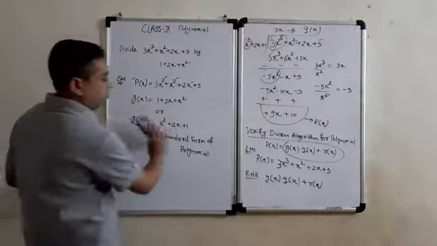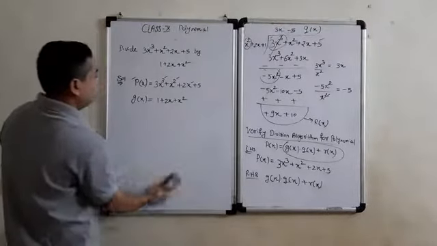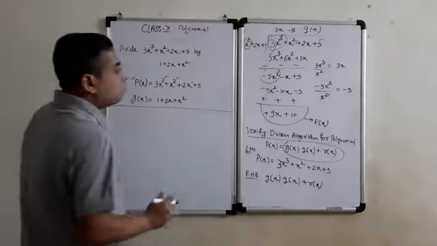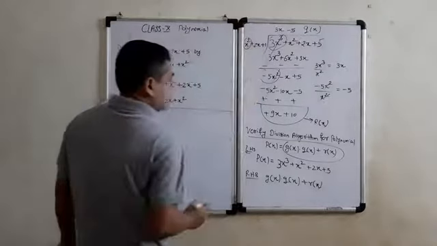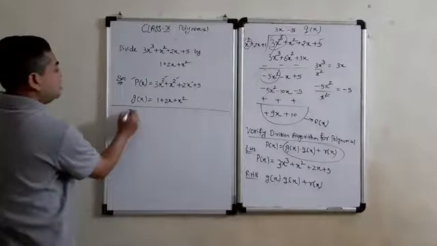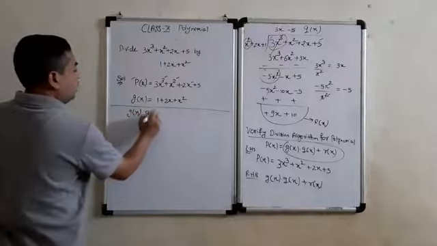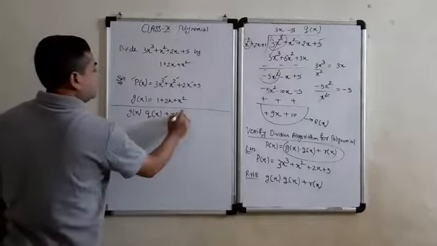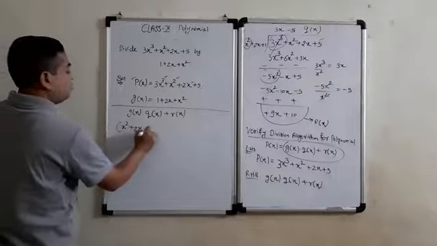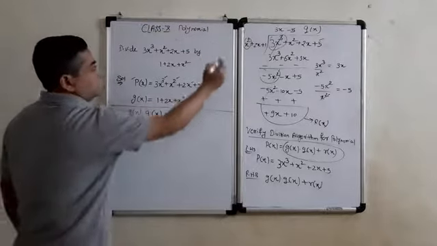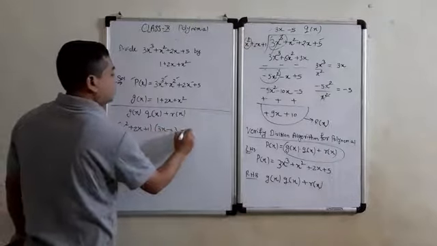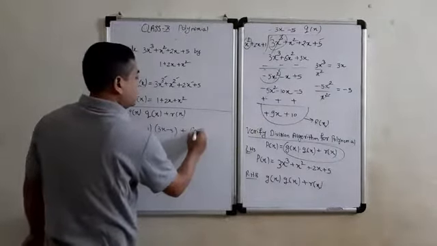Now I am going to rub this side. See student, G of x means that is our divisor. So I am writing here G of x into Q of x plus R of x. G of x means our divisor x square plus 2x plus 1, and Q of x means our quotient which we obtained, 3x minus 5, plus remainder. Our remainder is 9x plus 10.